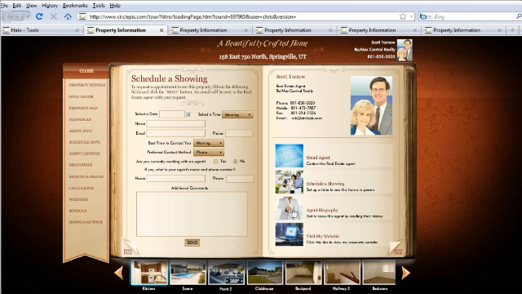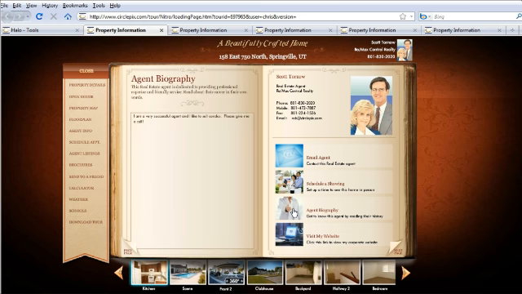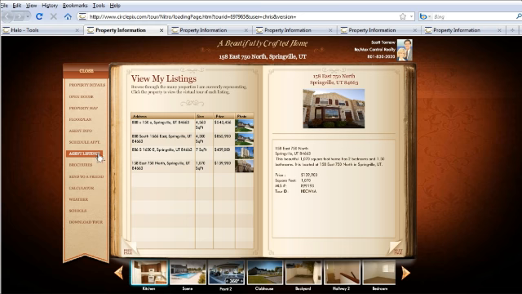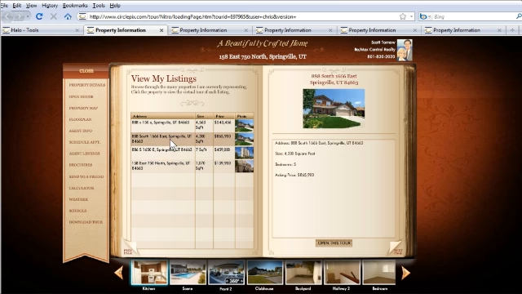If you fill out an agent biography in the CirclePix back office, it will also be displayed in the section. This is where a visitor can start to get to know you and your qualifications. Visitors can click to see your personal or corporate website from this area as well. The property guide also displays all your other listings with CirclePix. It is easy for consumers to view your inventory of listings, and each one can be opened to its own